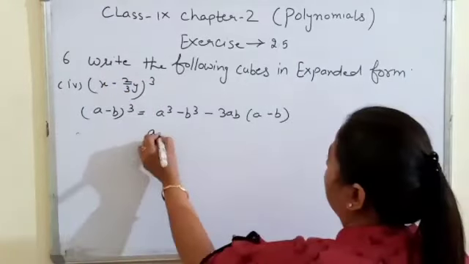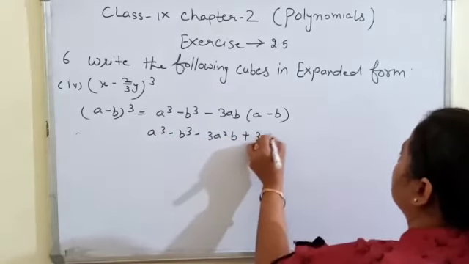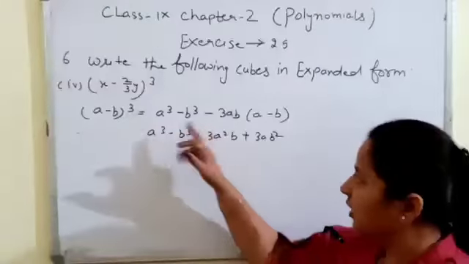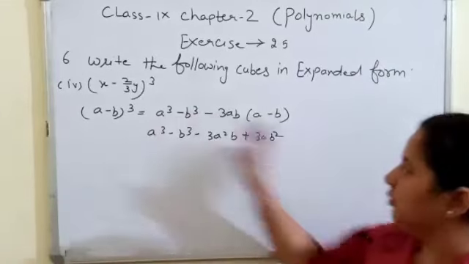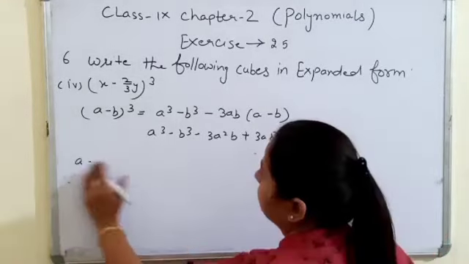We can also apply this, if you are facing confusion, especially in the negative case, because in the positive there is no confusion, all terms have the positive sign. But in the A minus B identity you can also apply this one. This is the product. So let's solve it.